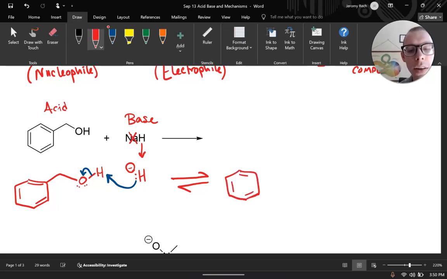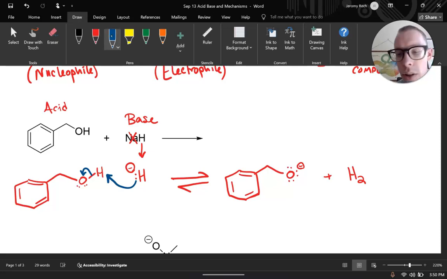That product is going to be this oxygen that's now deprotonated and carries a negative, and then H2, because I now have hydrogen bonded to hydrogen, which is a gas, is going to be our hydrogen gas as our product. So we're going to get our deprotonated version and then H2. Now that sodium is a spectator ion, so it's actually going to hang out, and I'll go ahead and show this in a different color, right over here as my Na+, and then form an ionic bond with my